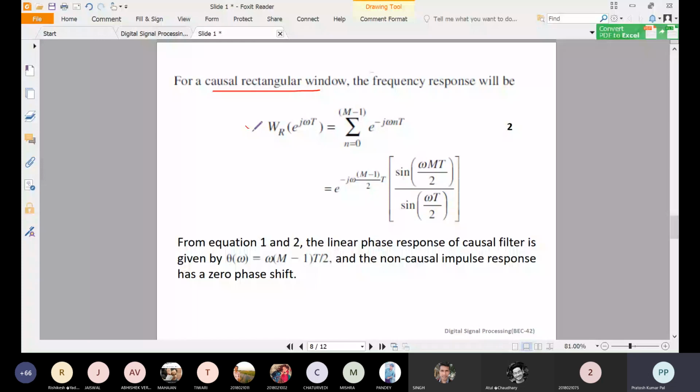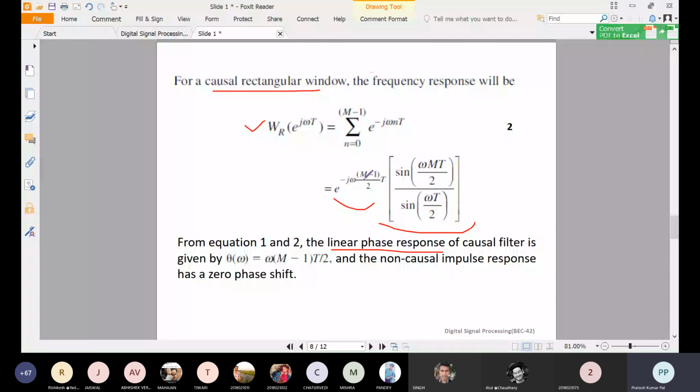So from equations 1 and 2, we can see that the frequency response of this rectangular window function comes out to be a linear phase response. So it is having a linear phase. Any stable system should have a phase of linear nature. So this is e to the power of something, and this is the magnitude, and this will be considered as the angle. Whatever e to the power j something is written, that is considered as the theta. Okay, so that is the phase of the frequency response.